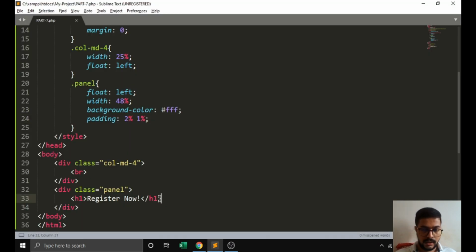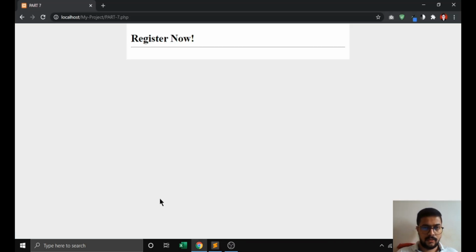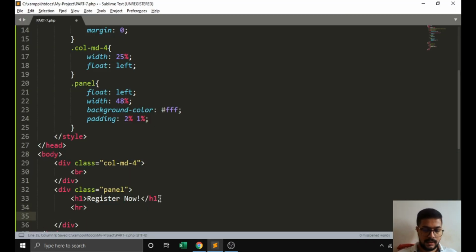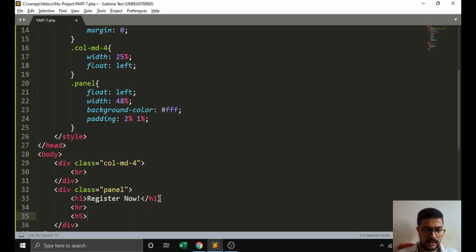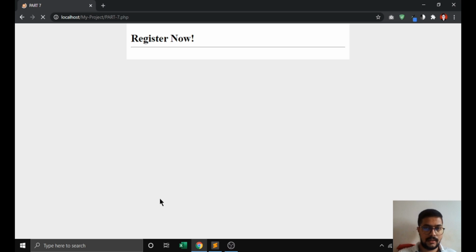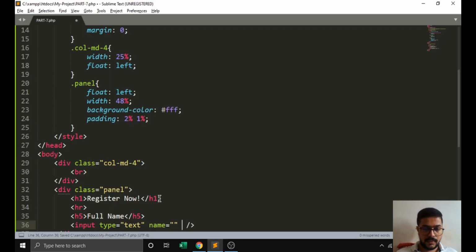We need input types over here, or consider the HR tag over here. We need labels here. We can use H5 tags also for full name. Here we need input type text, and we don't have to write down all the names and properties right now.